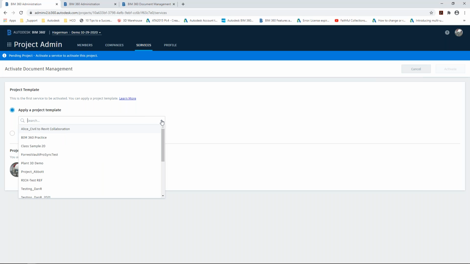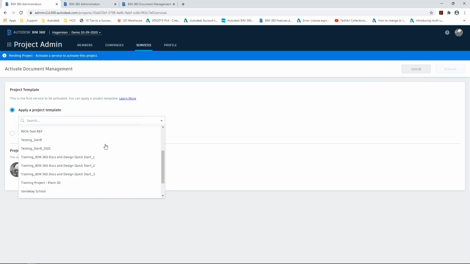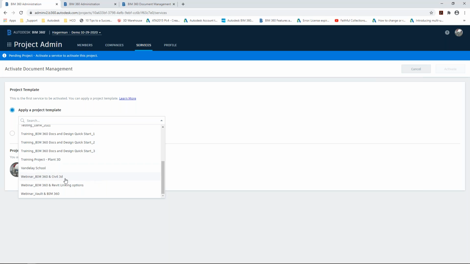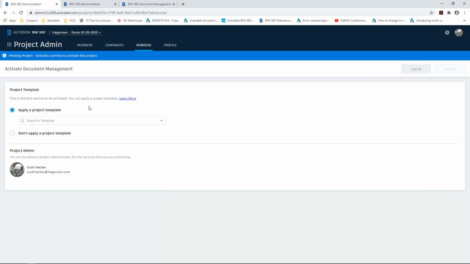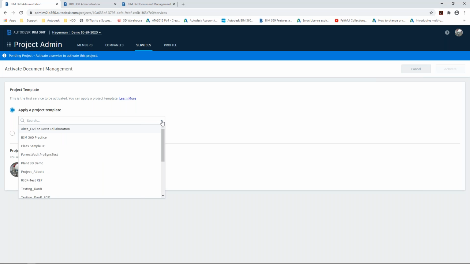you may have other templates that have been created, and every time you create a project, it creates a template. So there will be one for the webinar_BIM 360. Okay, so there will also be a template file for demo 1029-2020 once we get to that point. Okay, now with this